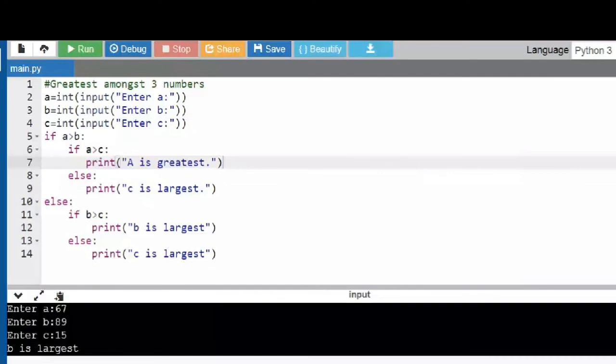Okay. So check for C also. Okay. So I have given 1, 2, and 3. It is saying 3 is largest. Okay. So these are the 3 flow of executions inside your program, and we are checking for all these 3 things. If everything has arrived according to what you want for what you have written the program, then your algorithm is correct and your implementation is correct.